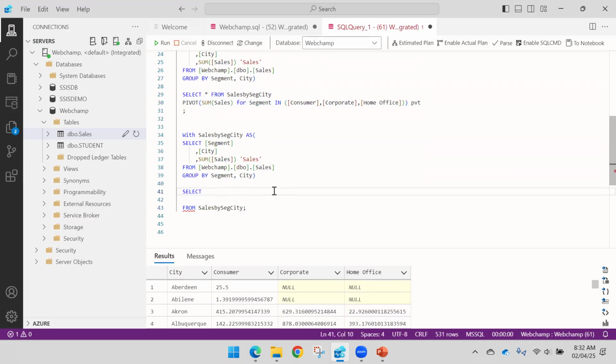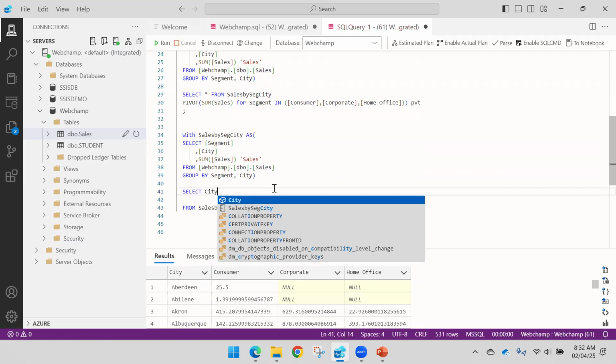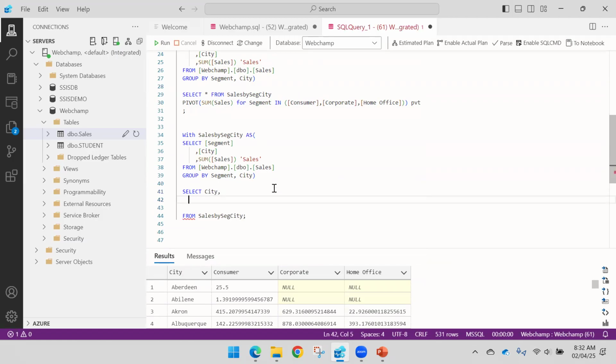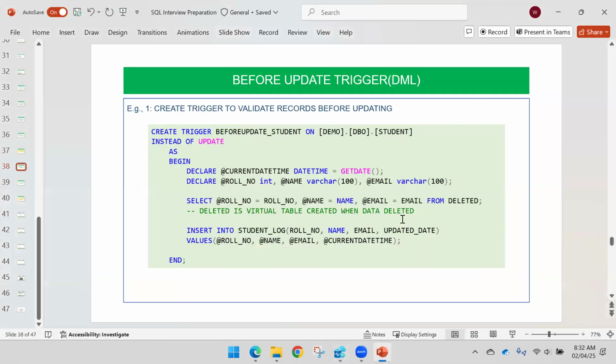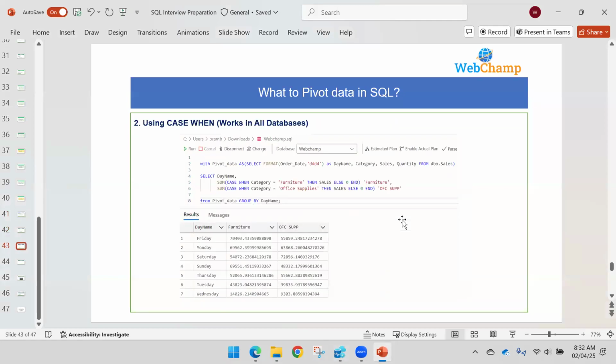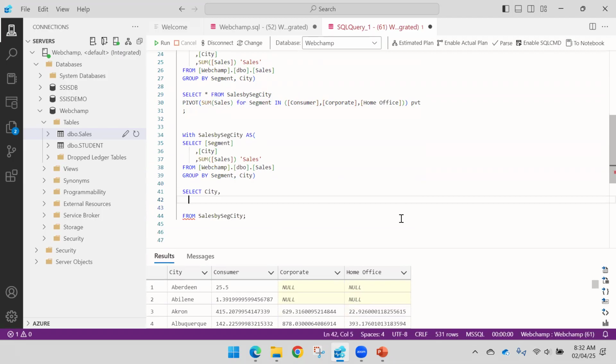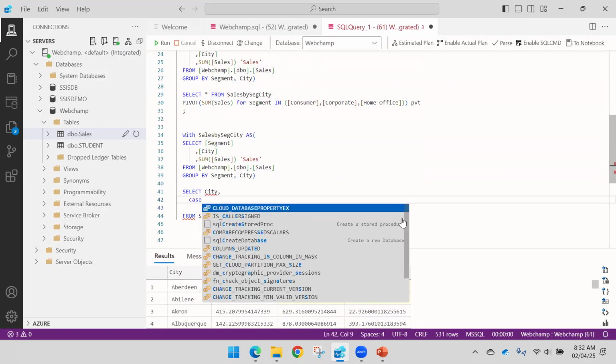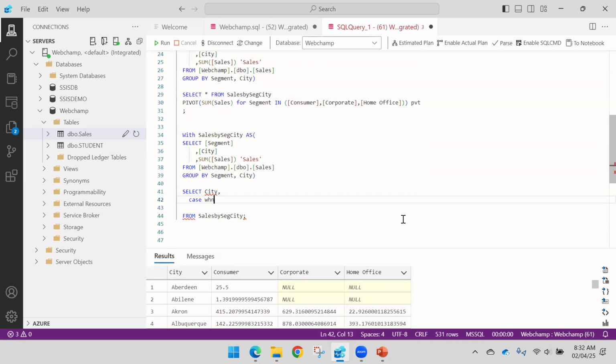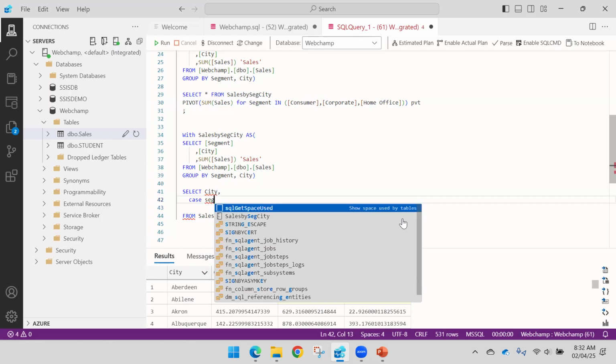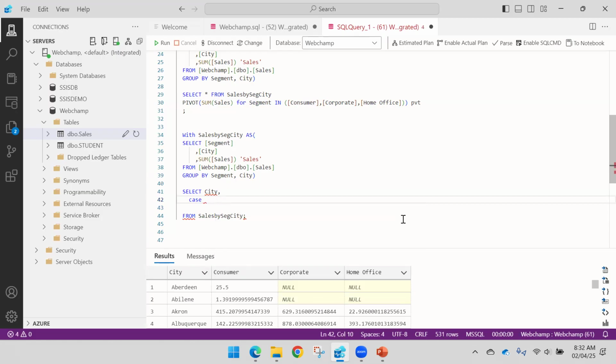Then again, here I would like to say city. Okay, city is the column we are going to use. Then next column, sum of, because the case expression is going to return the value. What kind of value it is going to return, we will see. Okay, case, and we can say the when. Let me write in capital, I have a habit of writing everything in capital in SQL. Okay. So case when